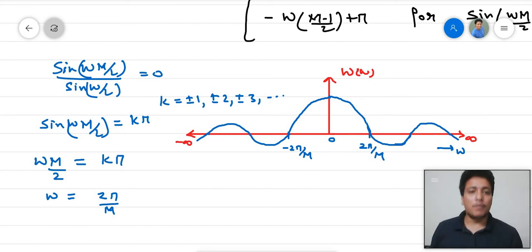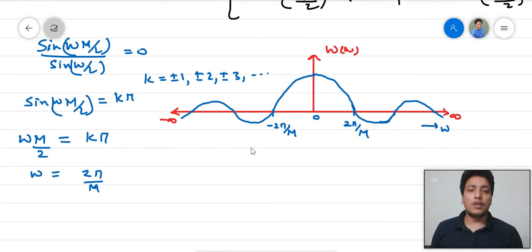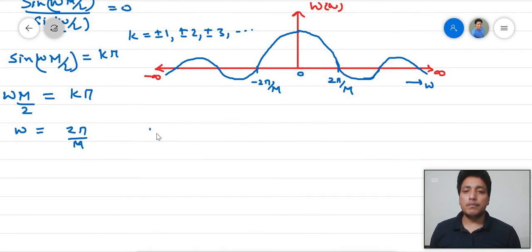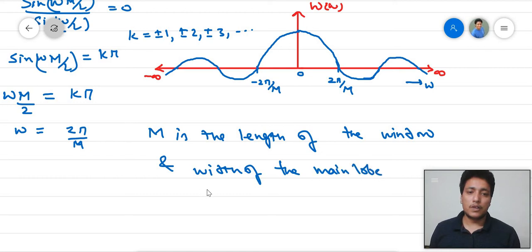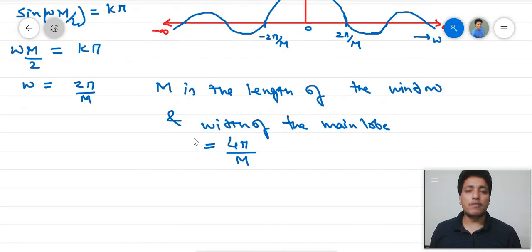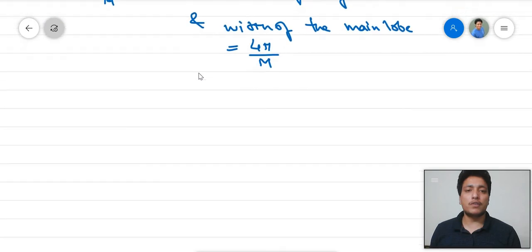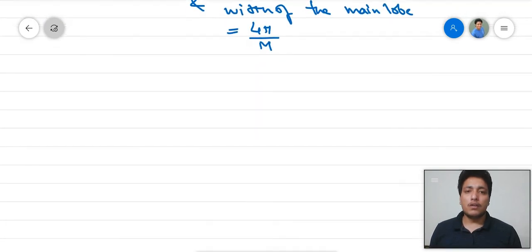The width of the main lobe depends upon the length of the window. M is the length of the window and width of the main lobe is equal to 4π/M. We have used a rectangular window in this particular case, so we have found out the width of the main lobe. Now we'll come again